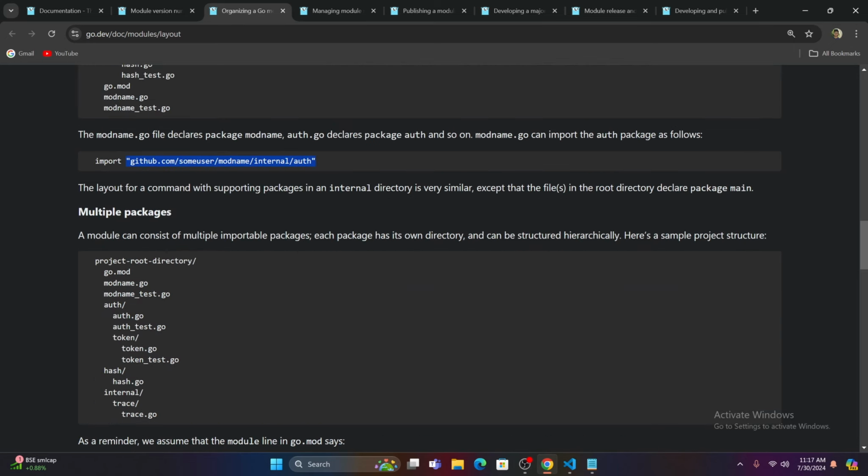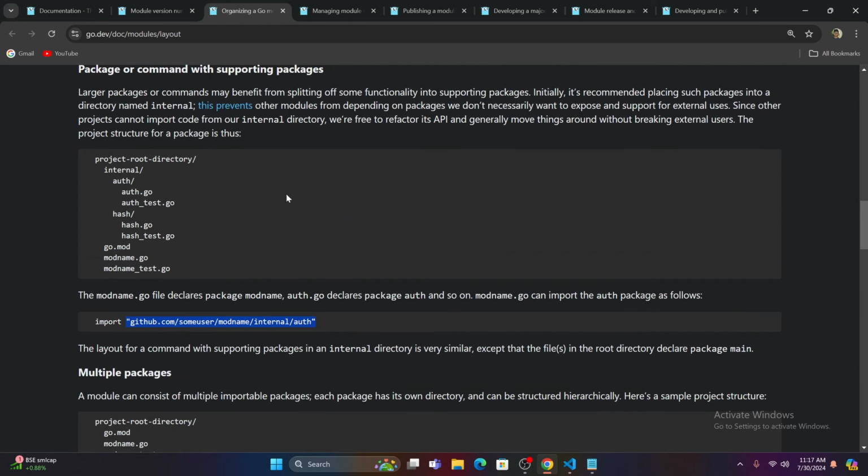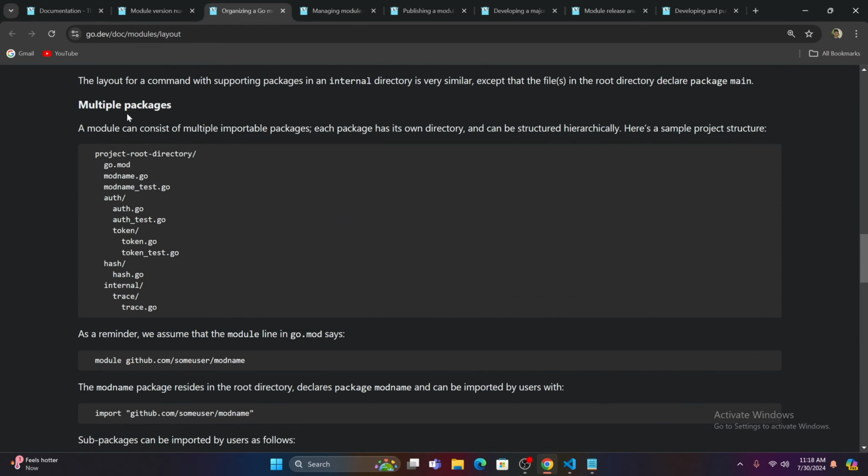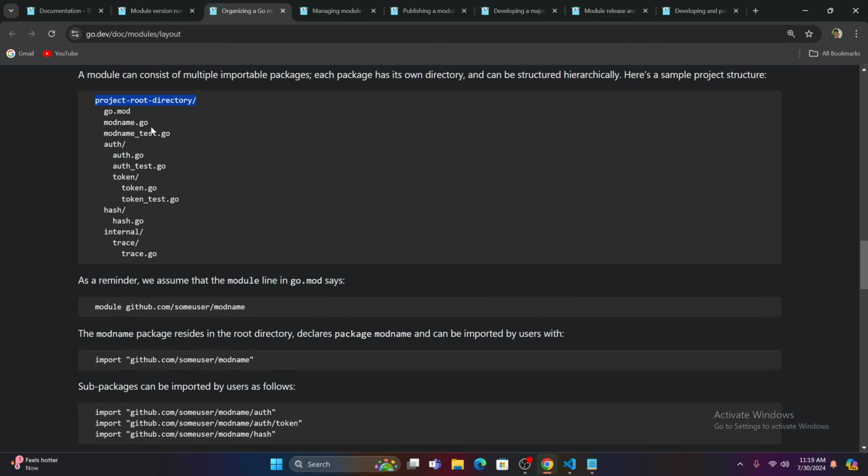So this way you can import a sub package inside the same module. Now you have multiple packages. If you want some sub packages to be used in another module, what you would do is, this root directory go.mod contains module github.com/some-user/mod-name. If anyone wants to import the mod-name package, basically these two files, they can just import